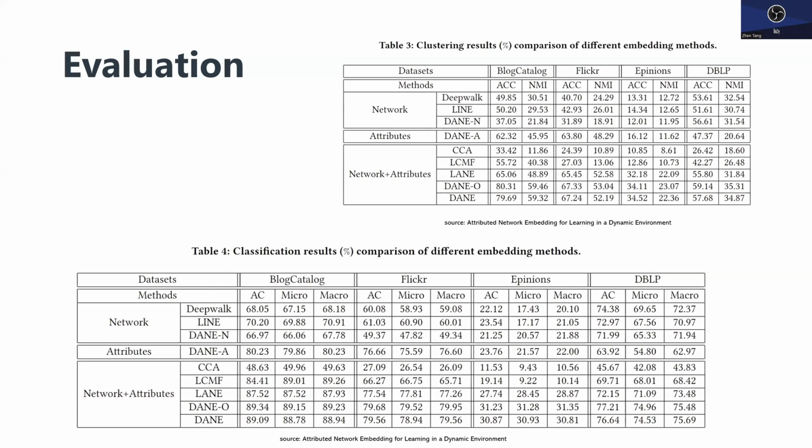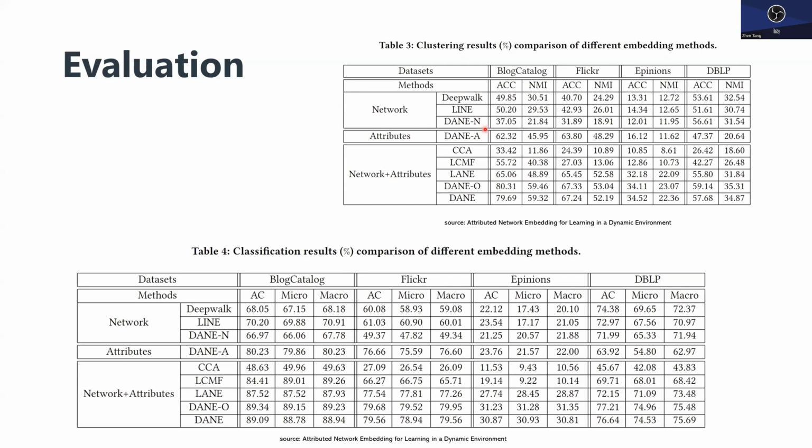Authors evaluated their model on the network clustering task and node classification task on 4 different data sets compared to 5 competitors. Note that here, DANE/A refers to the model trained only on attributes information, and DANE/N refers to the model trained only on network information. And DANE/O refers to rerun the offline part, which is the generalized eigen decomposition for every time step. And we can see here